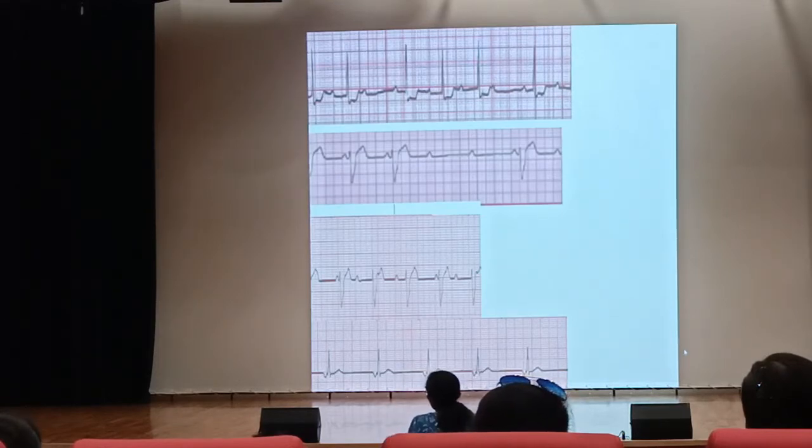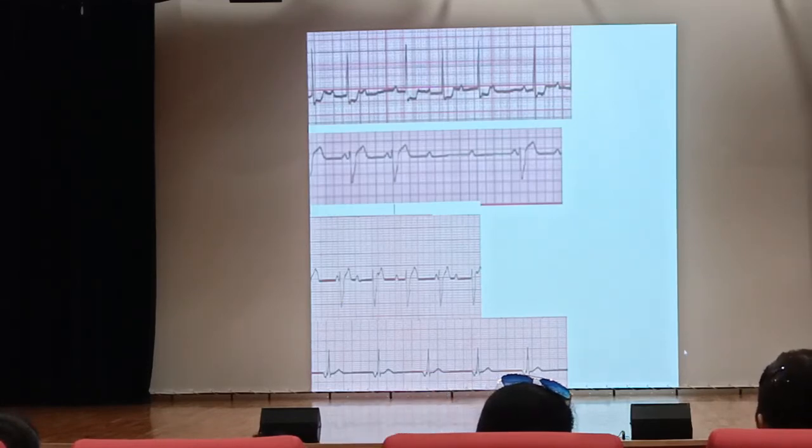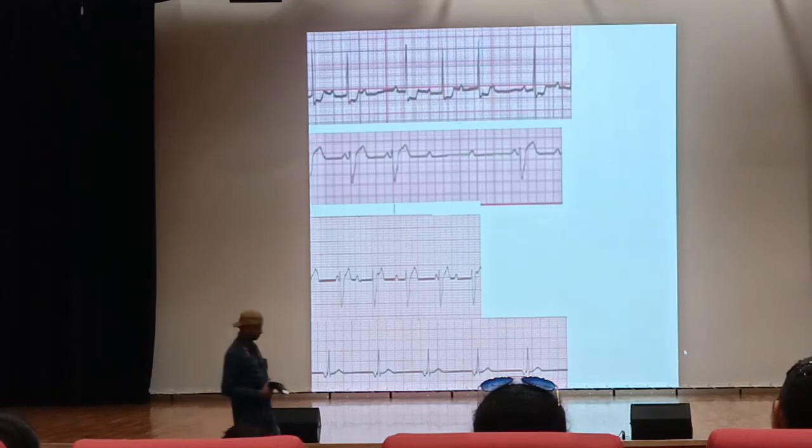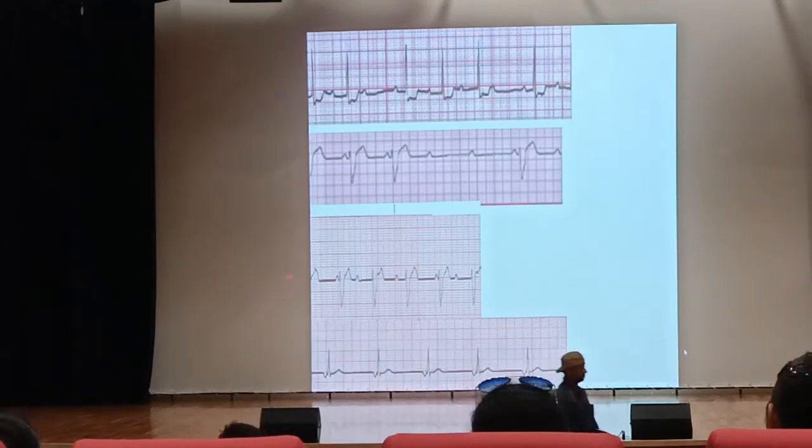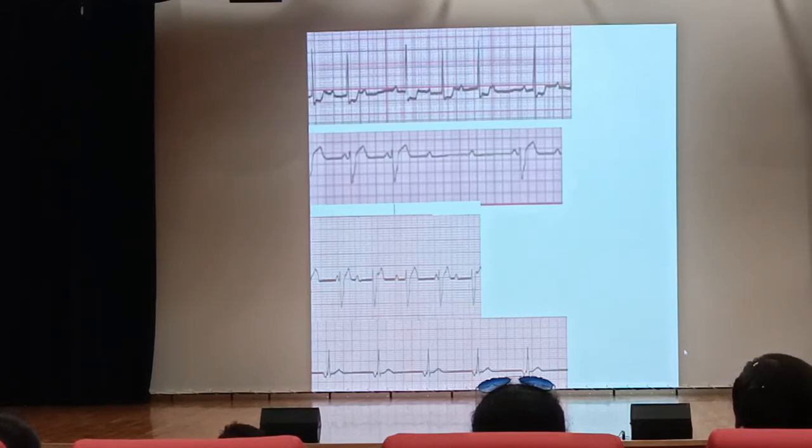Excellent. So progressive lengthening of PR interval followed by a missed beat is suggestive of second degree type 1. Similarly, if you look at this ECG, everything is the same except that the PR interval is fixed. So what we call it is second degree type 2 block. This, if you look at, the distance between the PP interval and RR interval is the same, and that's